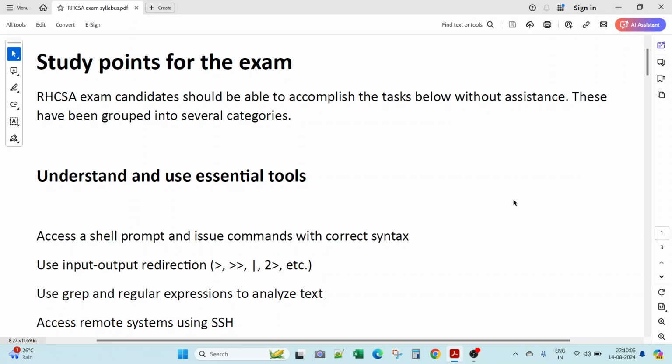So you should please note it down also while watching this video. First is understand and use essential tools. So it is very important in the RHCSA exam. Before appearing in the exam, you should have hands-on experience of using essential tools of Linux